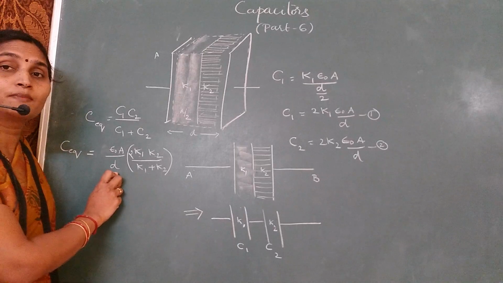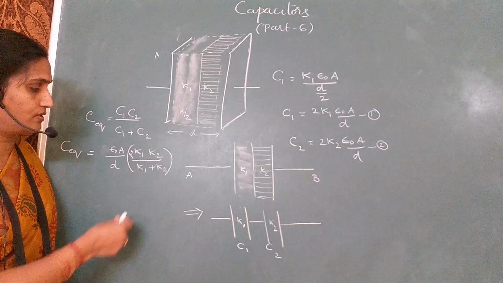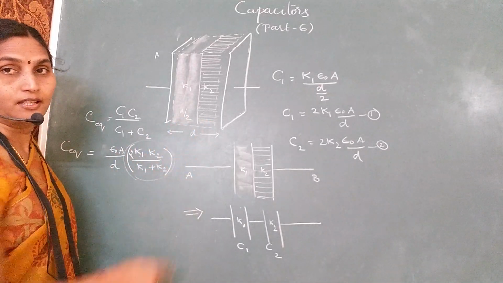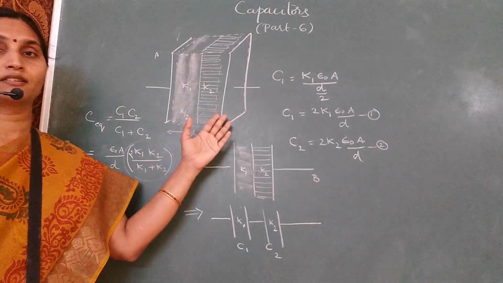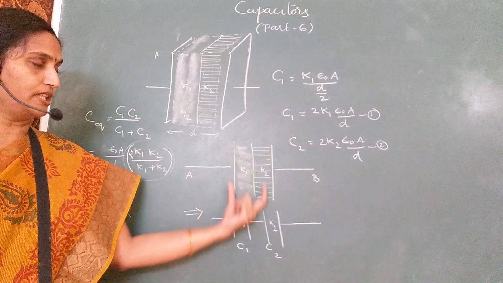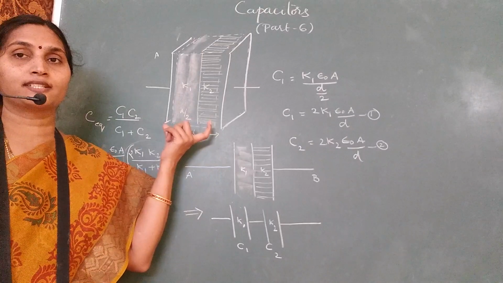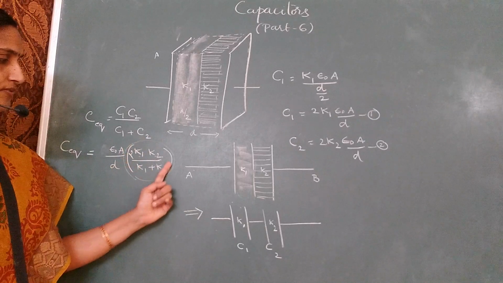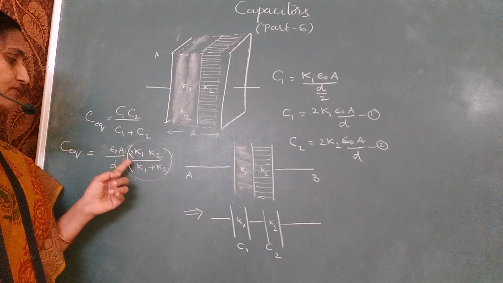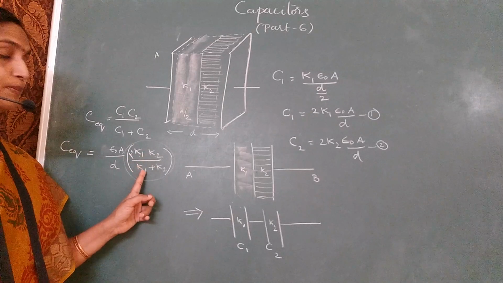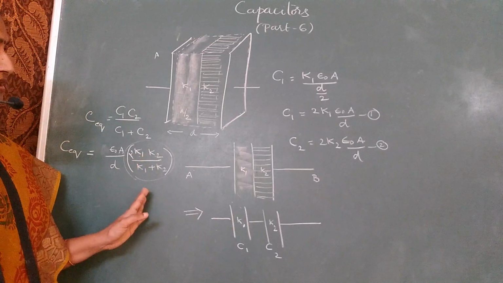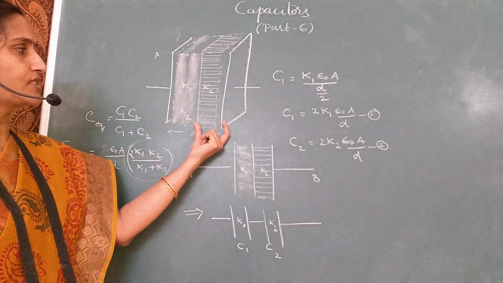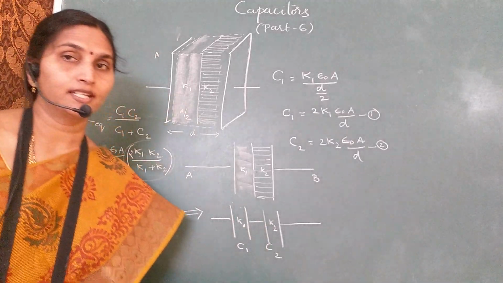And sometimes they may also ask you a question: what is the equivalent dielectric constant for this type of arrangement? That means instead of using two different materials and getting this capacitance, if I want to replace it with a single material, what should be its dielectric constant? In that case, you can compare it. So this term is playing the role of K equivalent. So what is the K equivalent for this? It's 2 K1 K2 by K1 plus K2. So this is the first model where half the distance is filled with K1 and the remaining half is filled with K2. Only two materials are being given.